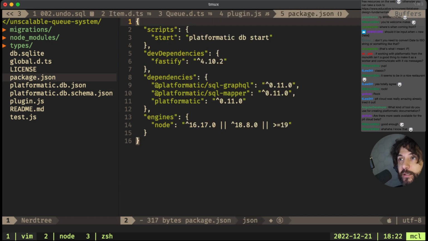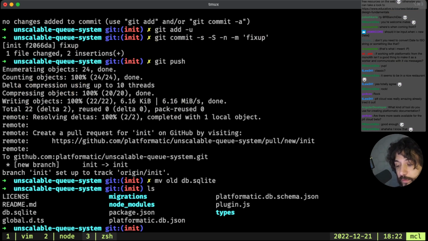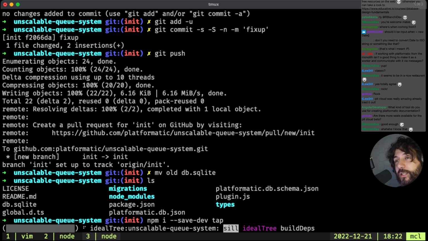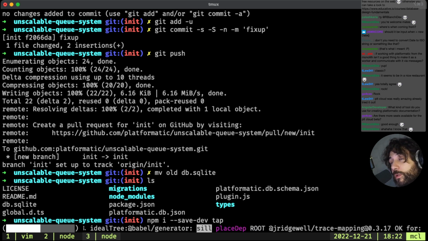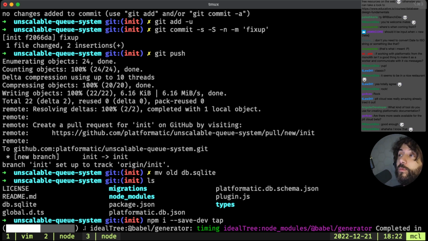We don't have any test dependencies, so in here we can do npm i --save-dev tap. Do you like tap? I do like tap. If you like jest, don't use jest. We already covered this in a previous stream. Don't use jest for Node. You could use node:test if you want to, but I prefer the tap runner. As soon as the Node one gets a nice runner, we'll probably get it done.